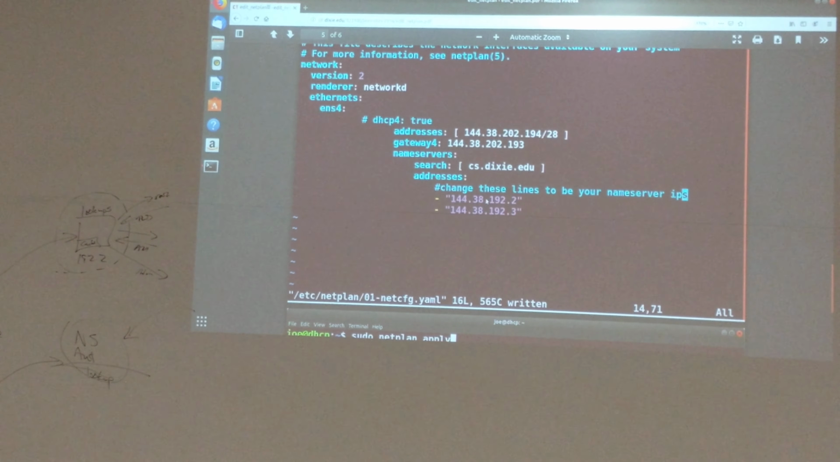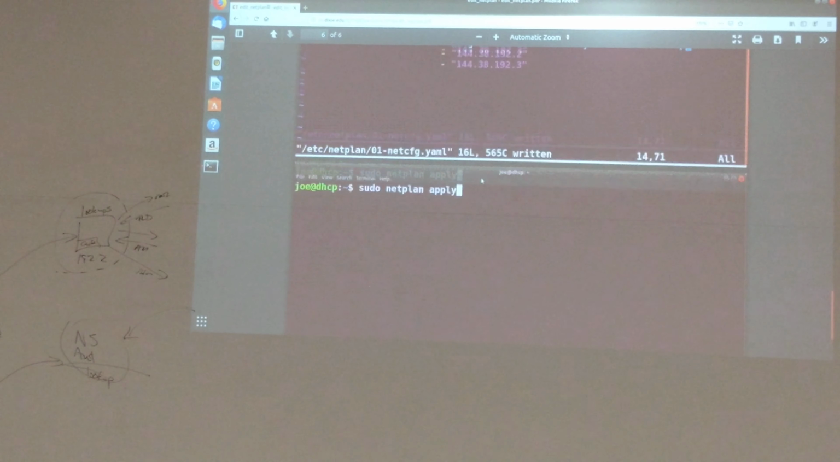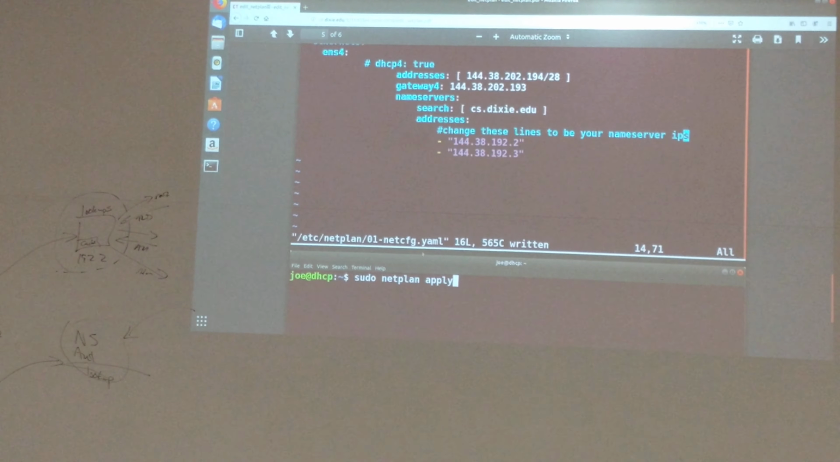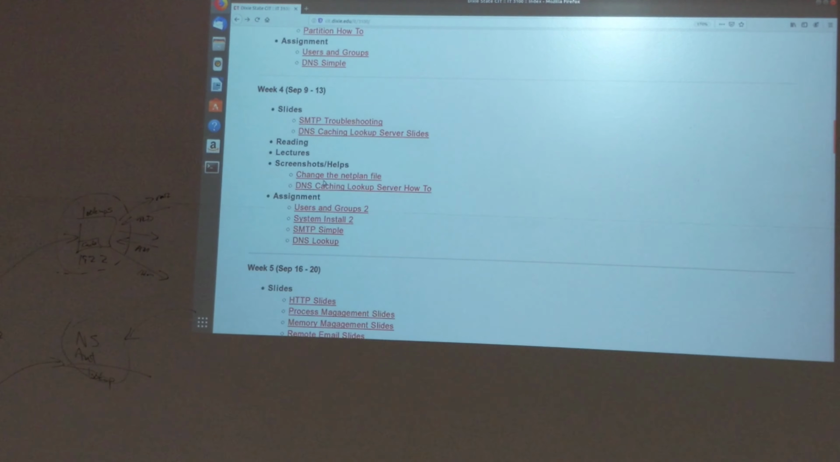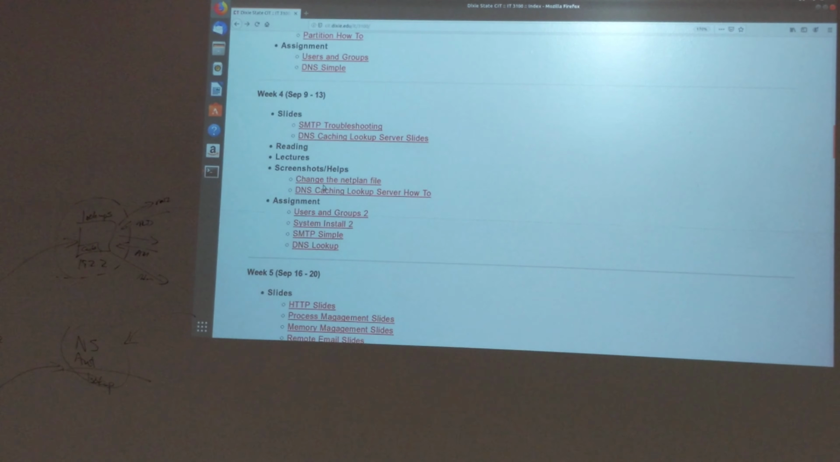For lookups, we're going to depend upon your machine's name servers for name server lookups. Once you edit this file, then you do a sudo netplan apply. And then you go to your date test. So, in the end,